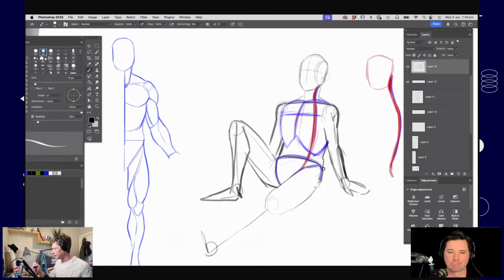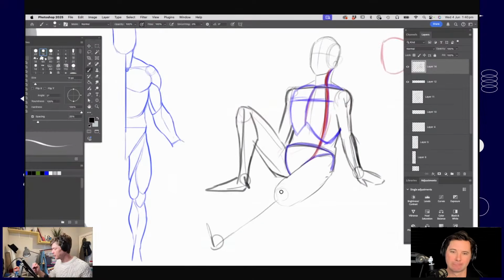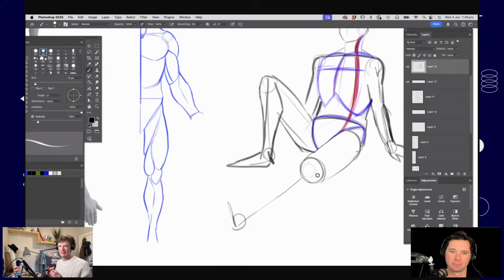So you can see on this character, if I was doing the cylinder exercise, this would be the front of a cylinder and the back of a cylinder there. But it's like if I made a perfect blocky cylinder shape out of clay, and then I just started squishing all the bits together. That's the approach that I'm taking here. I'm squishing those cylinders down into some of the big shapes.